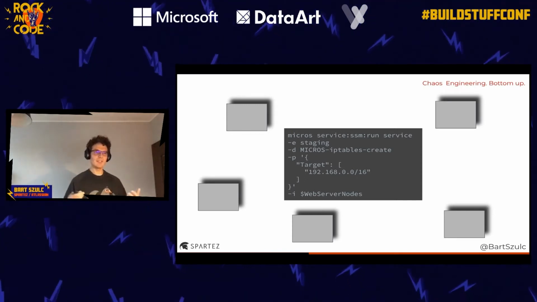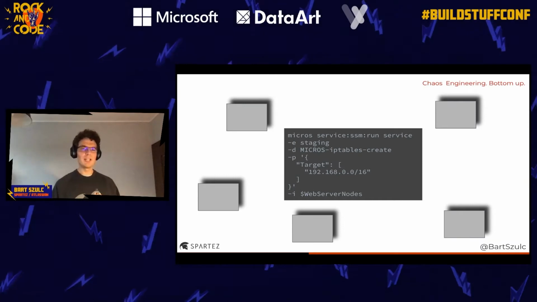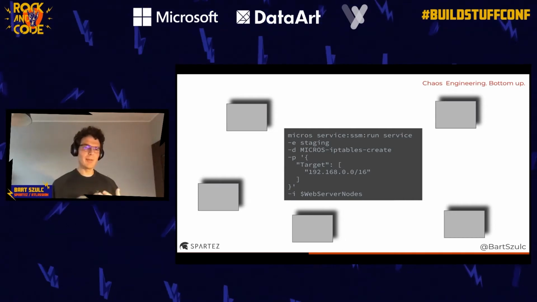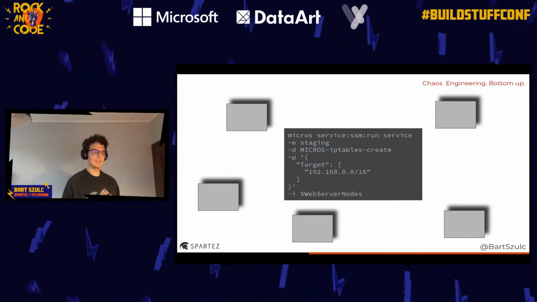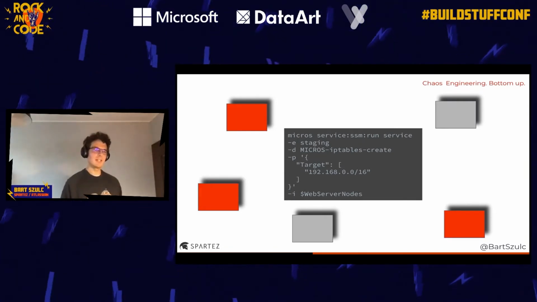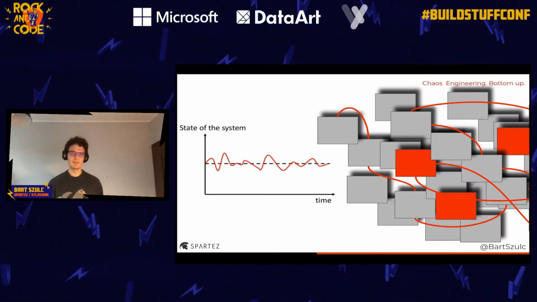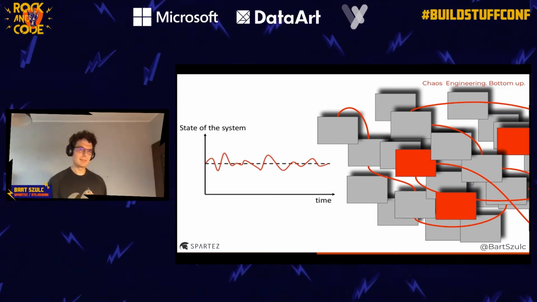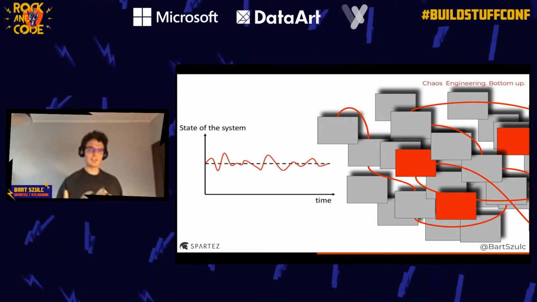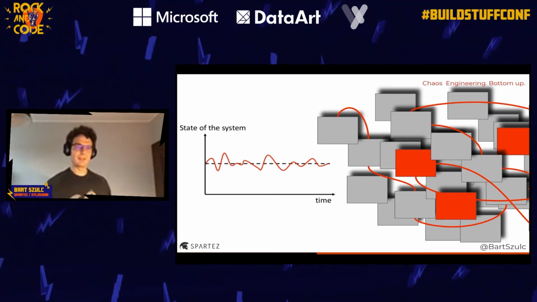So we also have a kind of internal orchestrator that makes sure that whenever, for instance, a new node of a class of nodes we want to break spawns up because of auto-scaling or some other reason, the poison is injected into the new node. But having a way of injecting poisons or creating failure in certain parts of your system is not good enough, because part of our engineering is also monitoring the steady state, and you can't really monitor steady state if you are not getting any signals from your system.